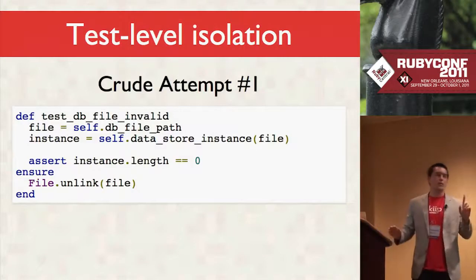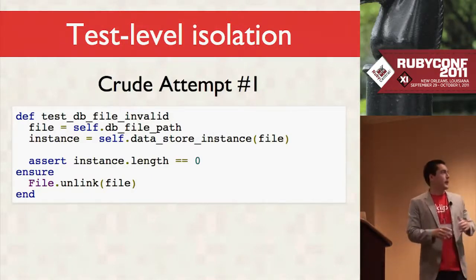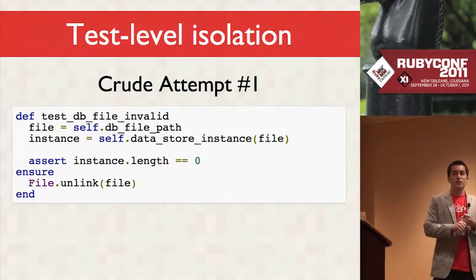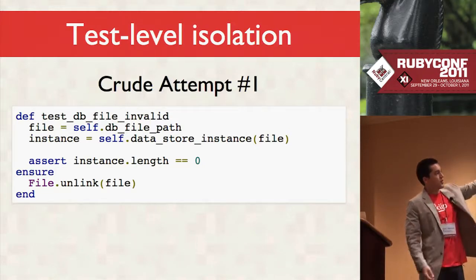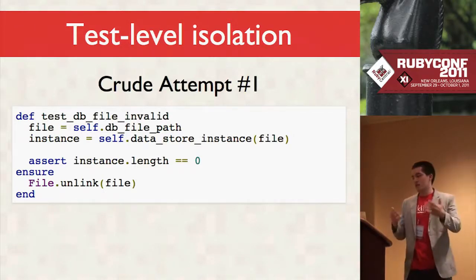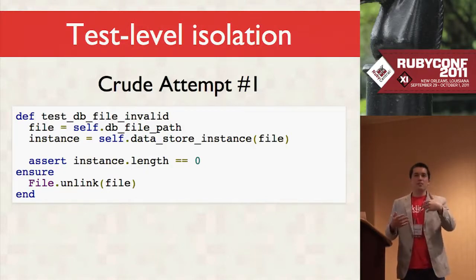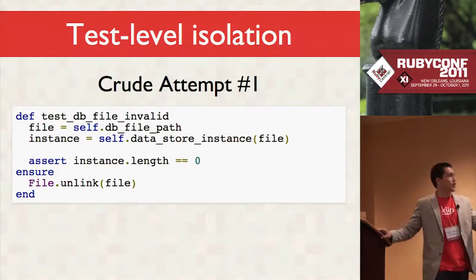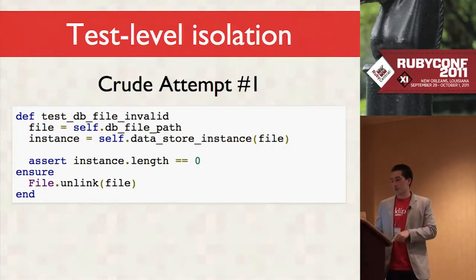So here's crude attempt number 1. The first 2 things I show you are really nasty, and you'll never want to do this. So let's get rid of the setup and teardown blocks, and let's move the state just into each test. In this case, it's doing what the setup and teardown block did, but moving it into the test, and then the teardown is an ensure at the end. Of course, now you're like, well, now I have to do that on every single test, and setup and teardown was made as a way to dry up your code and move all that setup into these hooks. So yes, I agree. This is bad, but it's a step in the right direction.